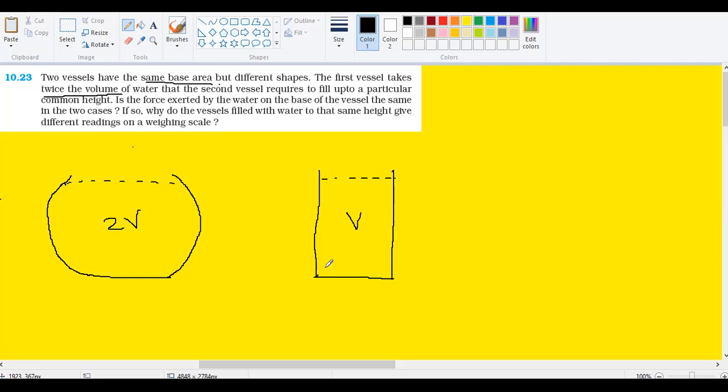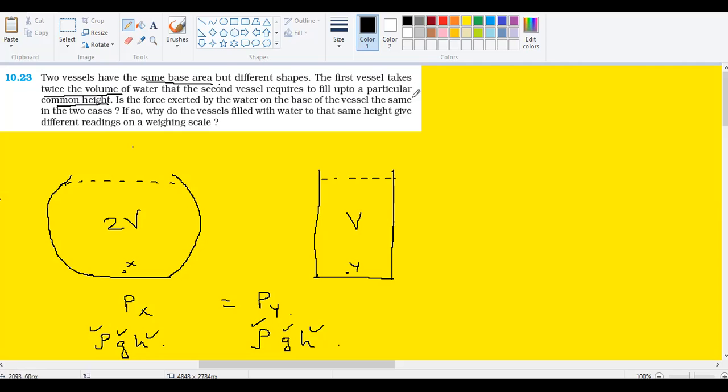If I consider only this part, this area, you know that at a given height, the pressure is determined only by the height. So if I want to find the pressure at x and y, pressure at x will be equal to pressure at y. Why? Because here also it is rho gh, here also it is rho gh, same water density, same gravity because you are on earth. Here also it is same level, this is also same level because they said same level.